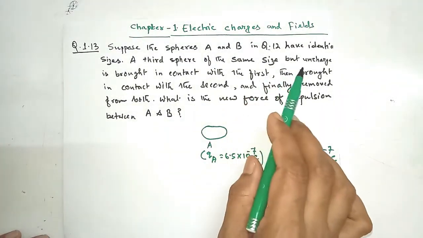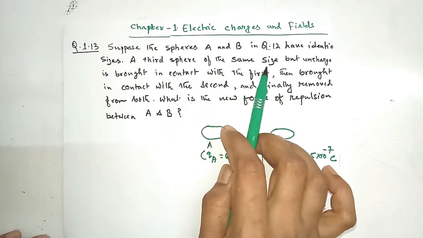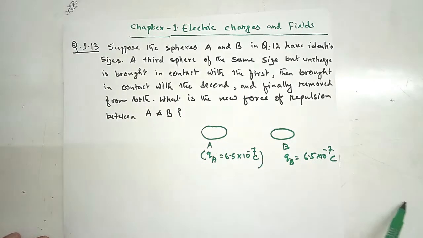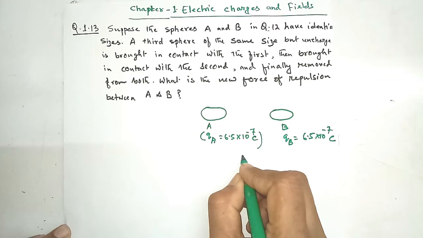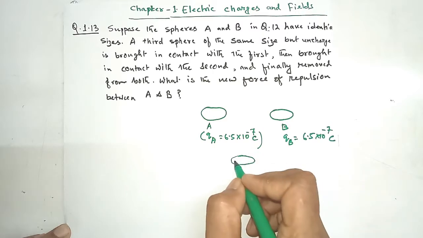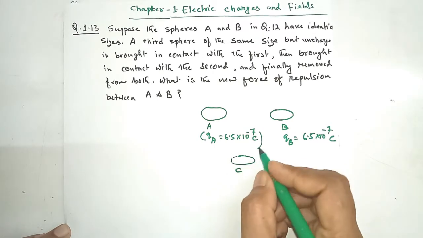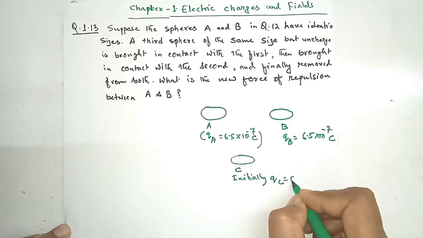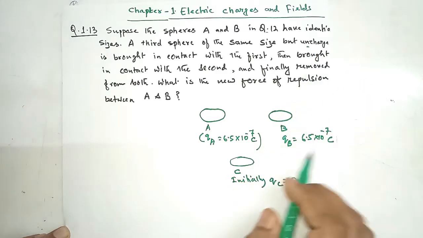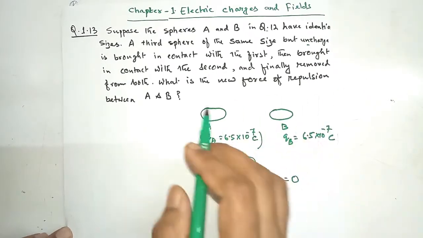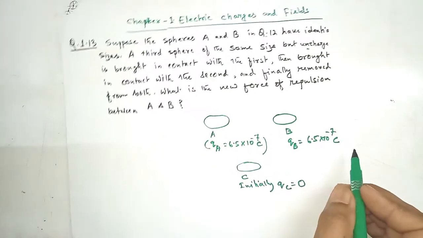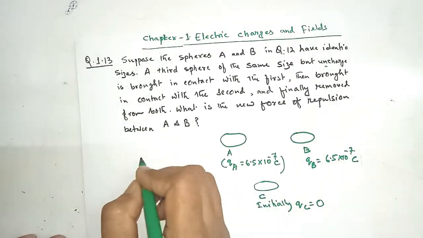So according to the question, a third sphere of the same size but uncharged is brought in contact with the first. So we have to add another sphere, so its name is C. So I have to contact this sphere C with the sphere A. QC is 0, because it is mentioned that it is an uncharged sphere. So next we have to bring the sphere C to the sphere A. So for that we can write that